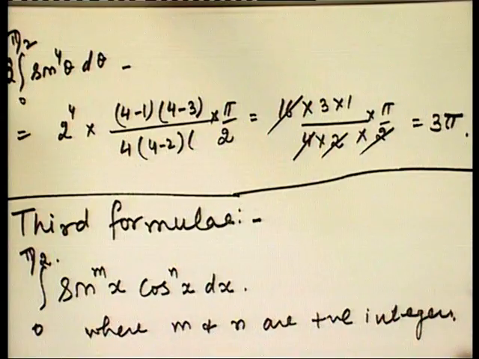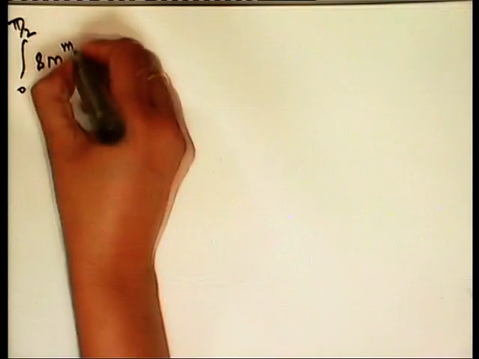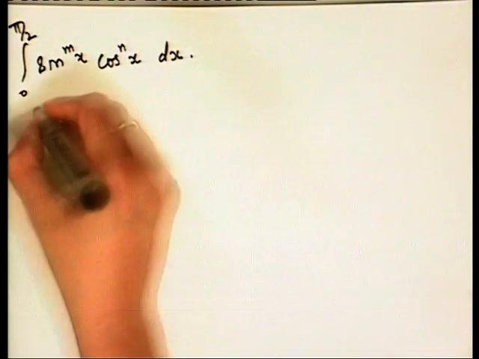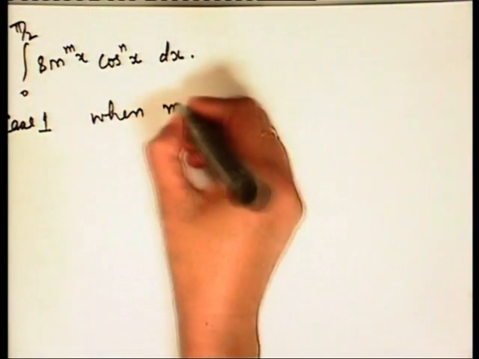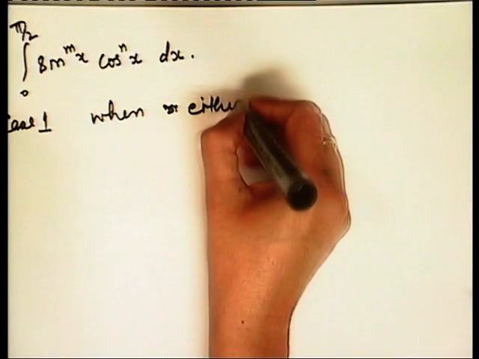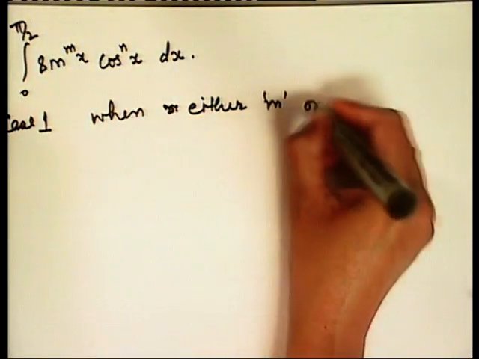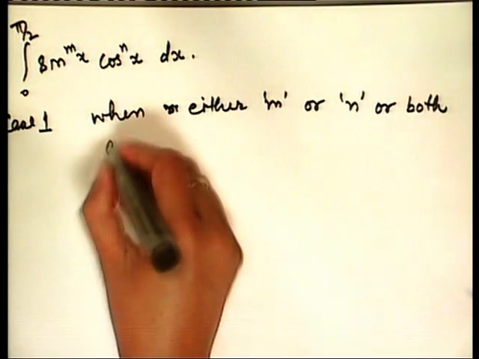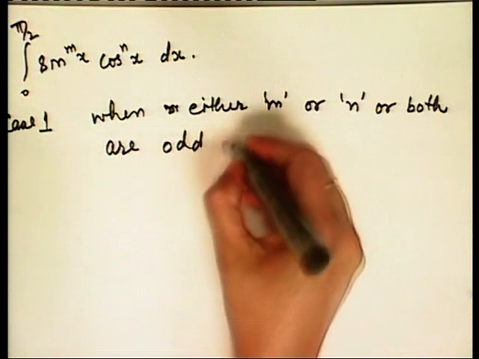Case 1: when either m or n or both are odd, then